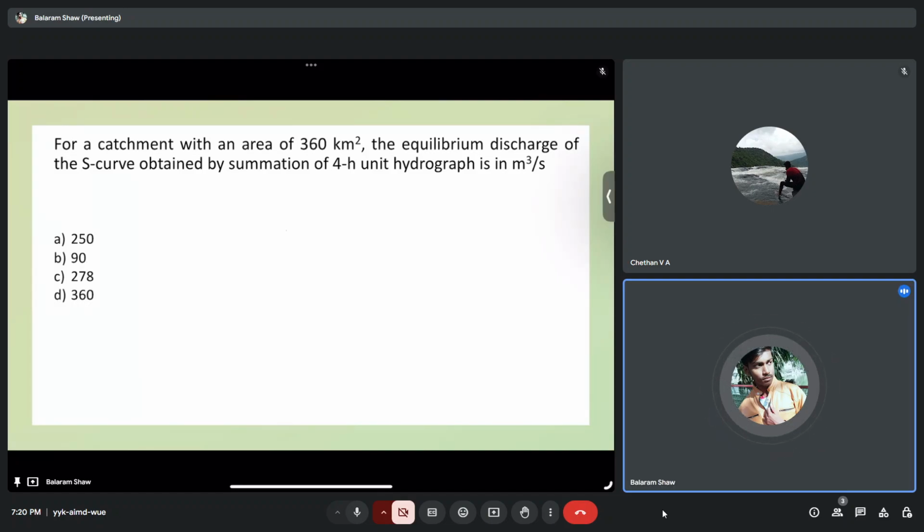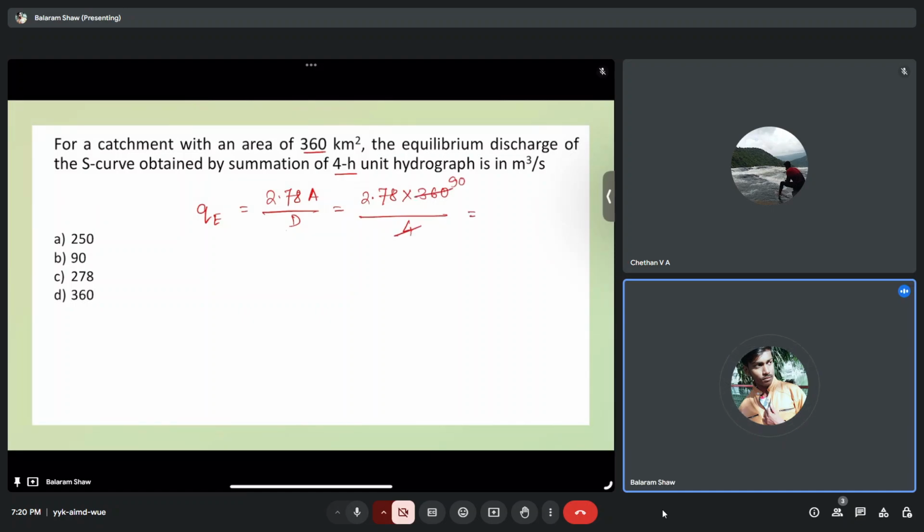So just now we have seen for equilibrium discharge QE, we can write it as 2.78 into A by D, where A should be in kilometer square, that is 360 kilometer square, and the D is 4 hour unit hydrograph, which should be in hours only. So just put this 2.78 into 360 by 4,